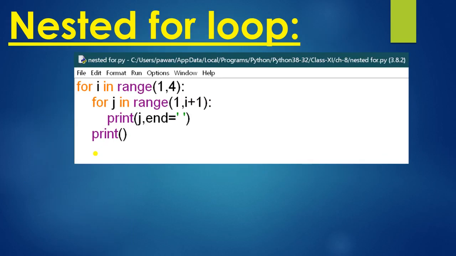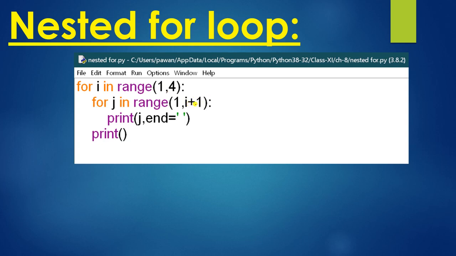Now next is your nested for loop. Here you have to use a for loop inside a for loop. The same funda is there. That is, i in range. This is the outer loop. This j is the inner loop. Here the range function is used. Now the value of i will become 1, 2, 3, that is up to n minus 1. Now the j range will depend on the i variable. So first the value of i is 1.